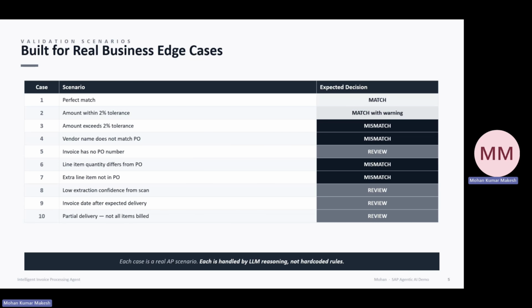Real-world validation scenarios. So the system is tested against 10 real-world accounts payable scenarios. So each corresponding to a generated invoice and specific expected outcomes. So we have the perfect match, an invoice within the 2% tolerance, still a match but with a warning, an invoice that exceeds the tolerance as a mismatch, a vendor name that